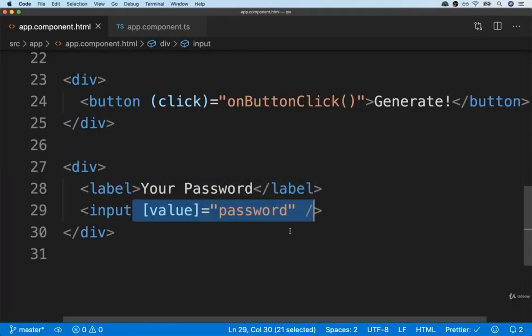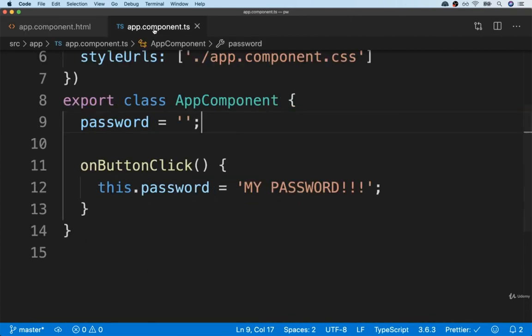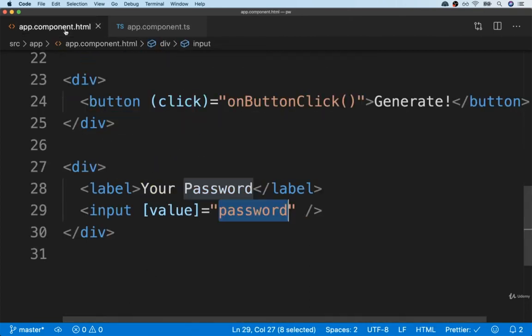So even though it really looks like we are saying put the string of password inside of that input, that is not the case. This means take a look at our component class instance. Take a look at its password property. So this one right here,